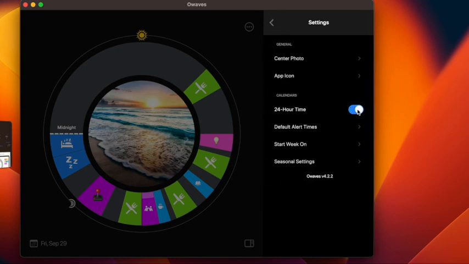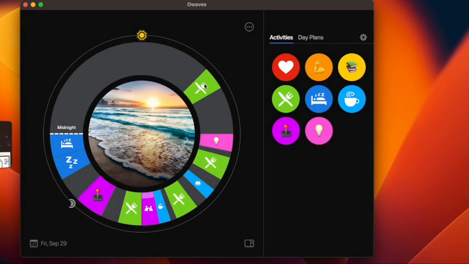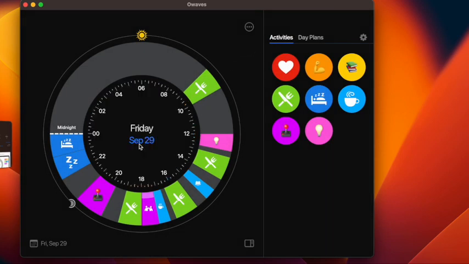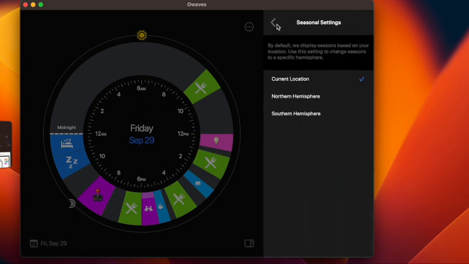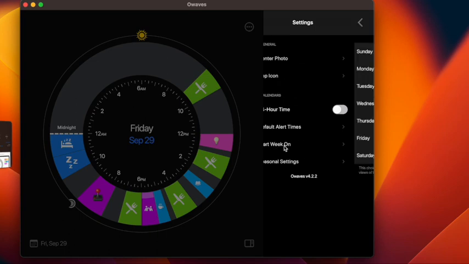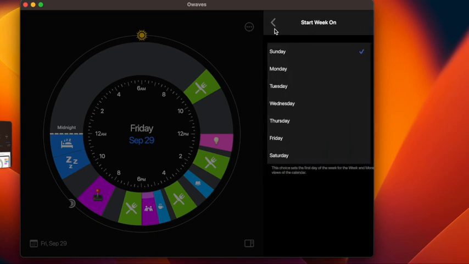And you could change it to the time that you want to show, like the 24-hour one. So when I click the middle now, it's going to show it like this, the whole 24 hours, like the army style, like 2 o'clock is 14. You could turn that off as well. Seasonal settings. You can even decide when the week is starting.